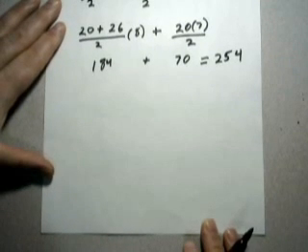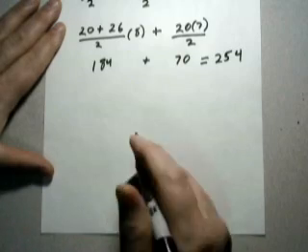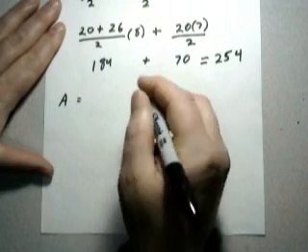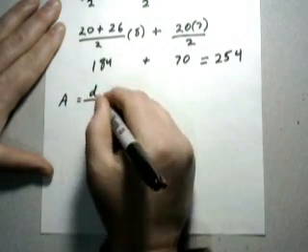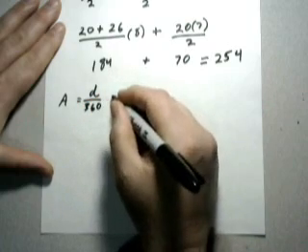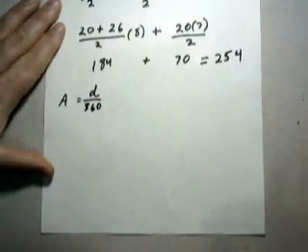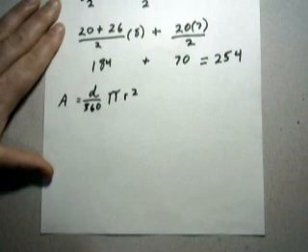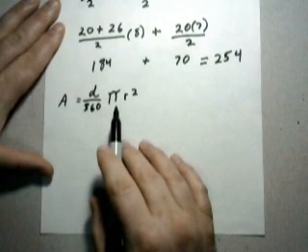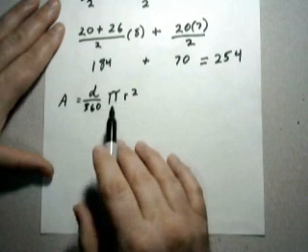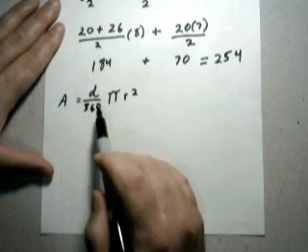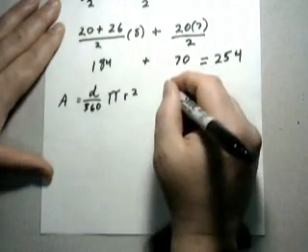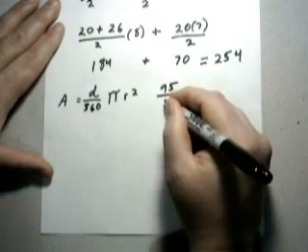Now, moving on to number 12, we want to find the area of the sector. So the area of the sector is equal to the degrees divided by 360 times the area of the circle. So that would be pi r squared. So we take the area of the circle, but we only want a fraction of it. And the fraction is denoted by the degrees divided by 360. So our degrees is 95 over 360